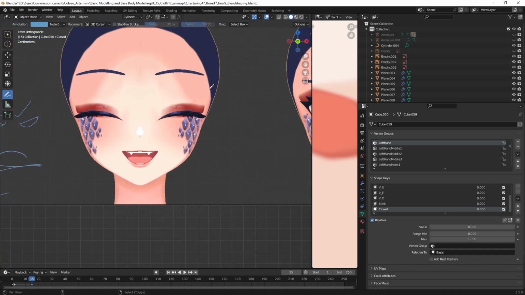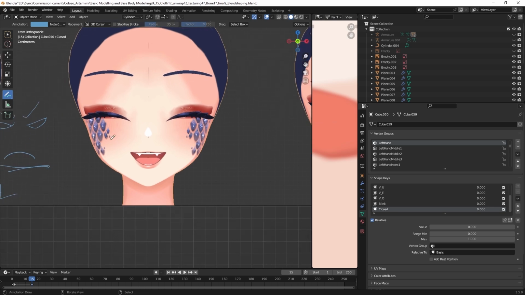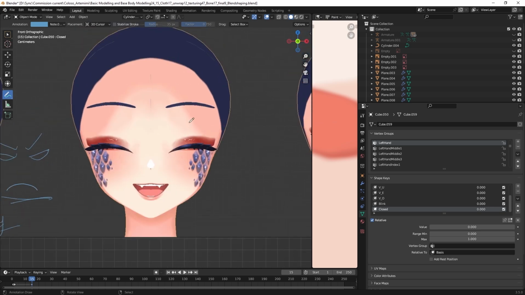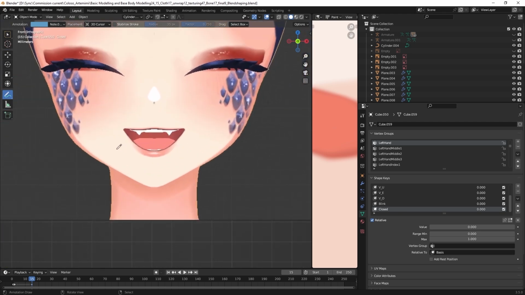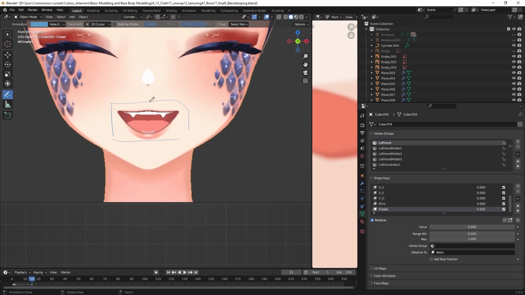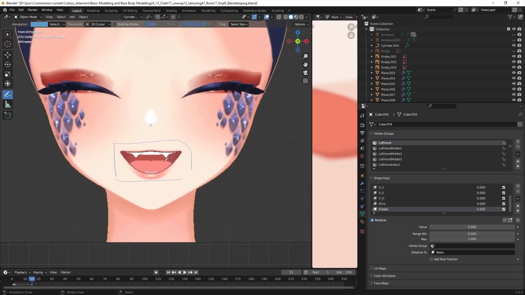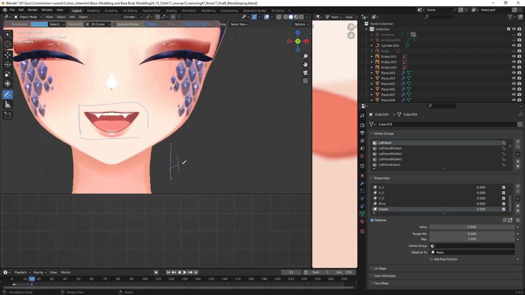And then we're gonna have the joy expression or the happy expression here. So this will be the happy expression. Then we're gonna have the mouth, and for this mouth here we can use a mouth of our character.